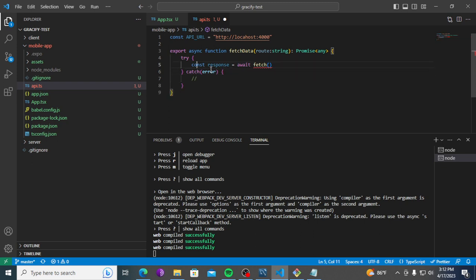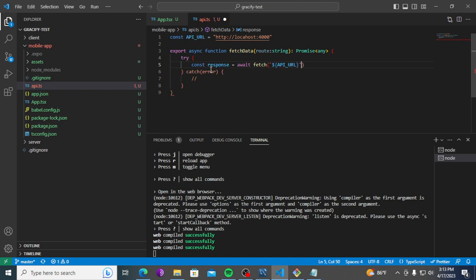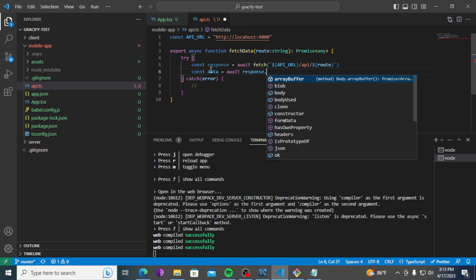So try and then a catch here with the error, and then fetch, so this is gonna be a template string with the API URL, and then slash API slash root, right? So the parameter for the function, and then we get the data here. So we do const data equals await response.json,